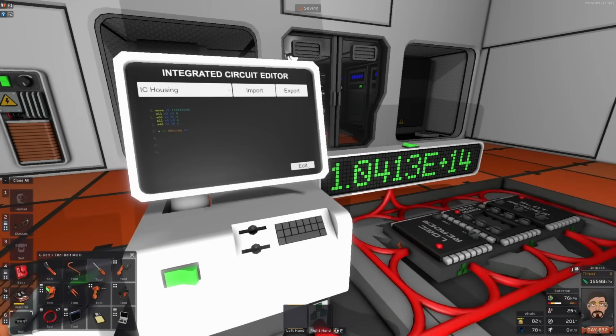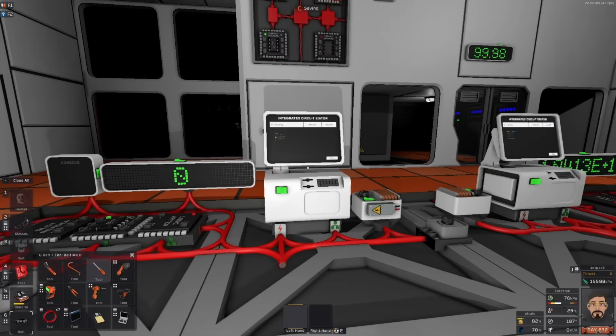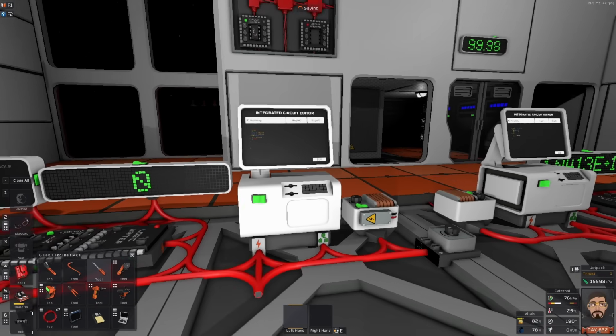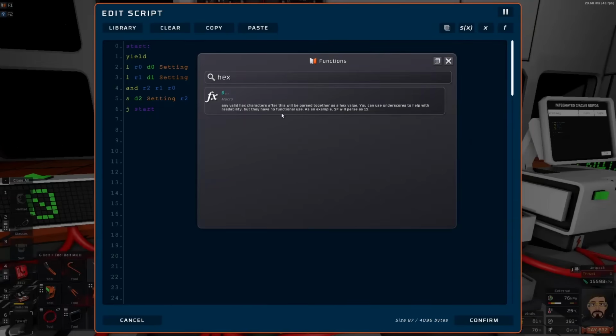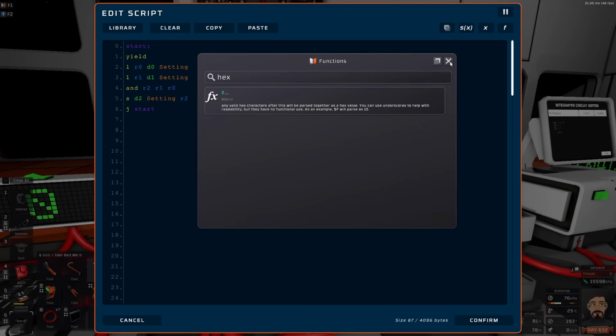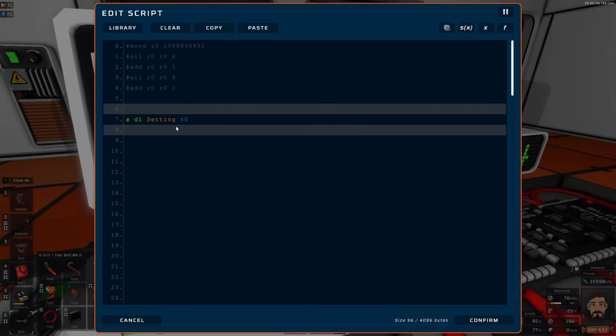Okay, so you will probably be representing things in hexadecimal just to make them a little bit easier to read. You will see it done, but it can be confusing, but the more you use it, the more it makes sense. And yes, we do have hex values in here to help you with that. It's just a $ sign followed by a number of numbers and letters that it will put in as a hexadecimal code. So if I just put in a hexadecimal of F, it should be 15. And I just move into R0